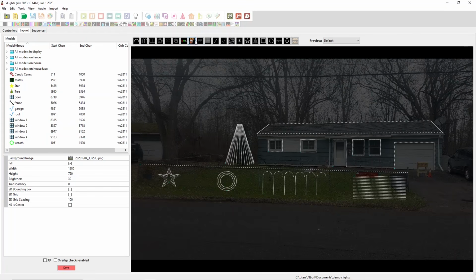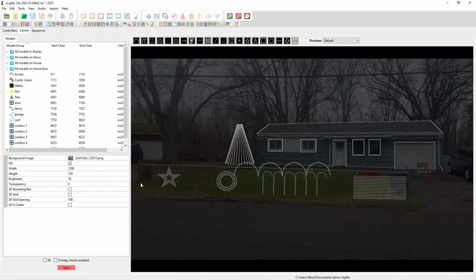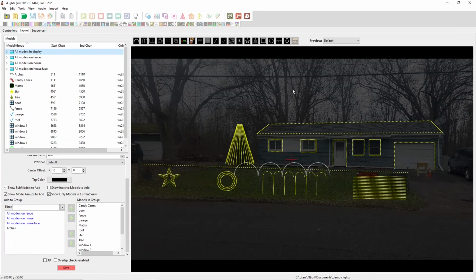And one other model I think I'm going to add, because this is a very common one, is an arch. So I'm going to add some arches there. So now I can also include those. They might be a little blocked right now, but you should be able to see them when I'm programming. I also went and created some different model groups for programming. I have one called All Models in Display. This is everything in the display, and I'm going to add the arches to it now too, so that's in it. So this is everything in the display, all the models on the fence, so anything that's on the fence,